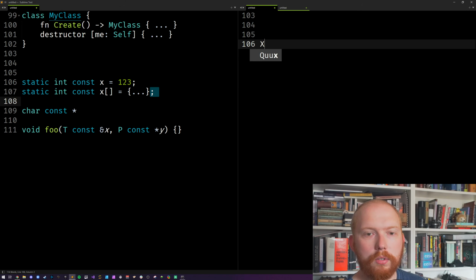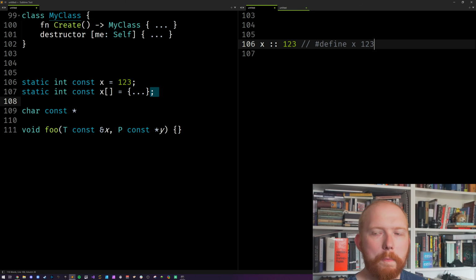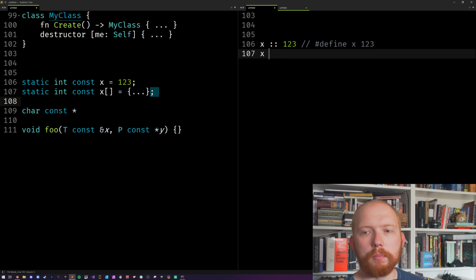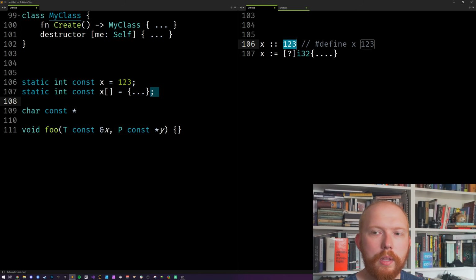So constants, actual constants in Odin are compile time known. This is probably equivalent, well, not equivalent, but it's closer to, say, a define than a static const, and that's fine. Arrays, you most likely don't want them to be used. And also, one interesting thing about constants in Odin, they're untyped, meaning this can coerce to anything that can be represented by it. That could be any int, that could be a float, that could be a complex number, that could be anything that can be represented by it. Any distinctly typed integer as well, float, whatever, because it's untyped in this case. It's a very useful pattern.